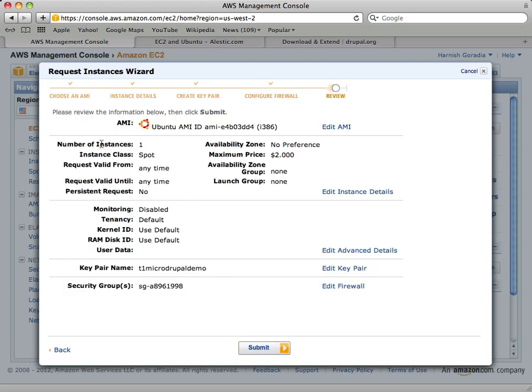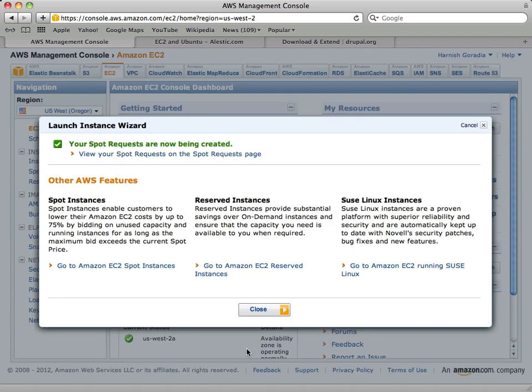Okay, so let's review it. We want the Ubuntu machine. We want it as a spot instance. We do not have a preference of availability zone. We have the max price of $2 an hour. We have this key and that group. Okay. So at this point,